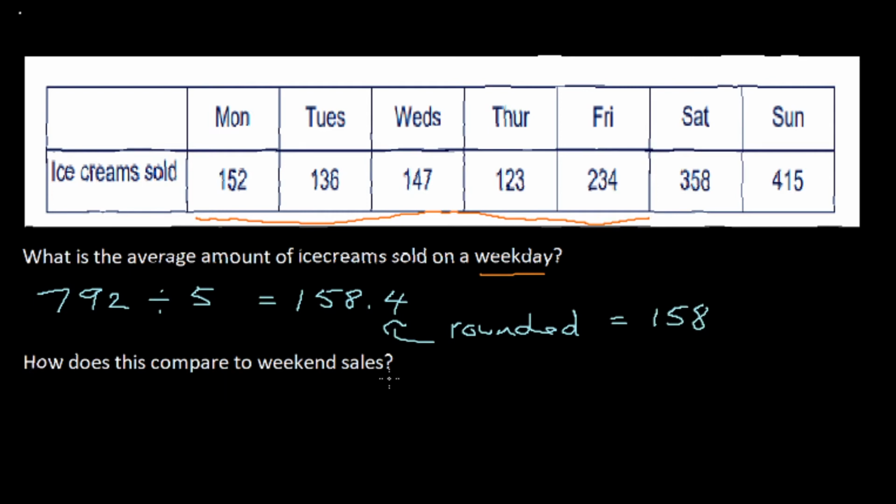This question says, how does this compare to weekend sales? So if you have a look at the number 158, you can see already that's much less than what happens on the weekend, where you have a 358 and 415. So you could definitely write something like, there are more sales on the weekend than on the weekday. But one of the things that I noticed is that if you actually double 158, it's still less than Saturday and Sunday. So on this one, what you could write is something like,